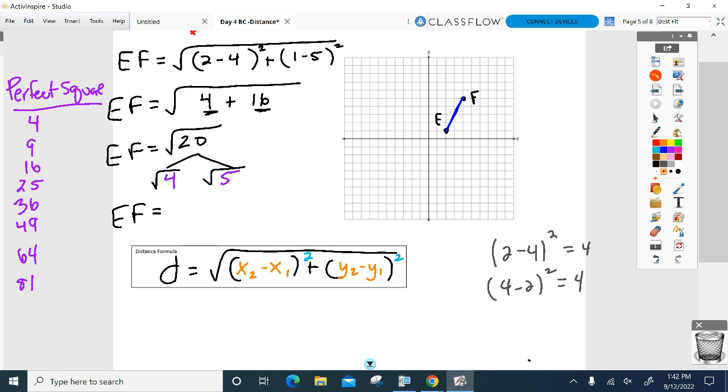Square root of 4. 2. Bring the radical 5, other radical with it. There it is, EF in simplest radical form. All right? Most of the problems we do in here will be simplest radical form, breaking it down. Well, we're going to break down another one here in the next problem, but before we do that,